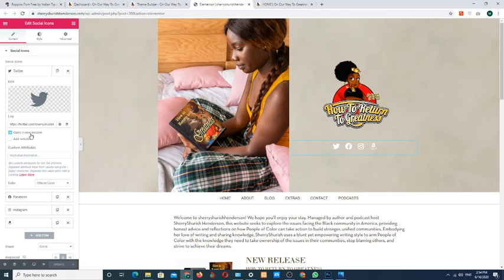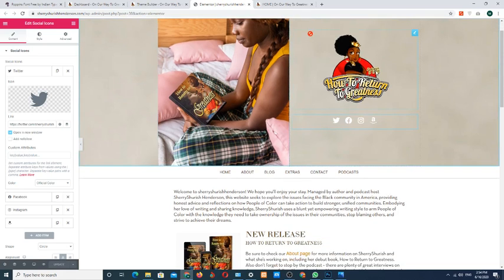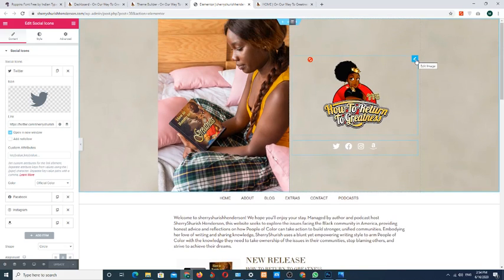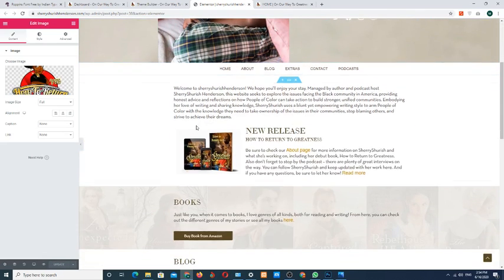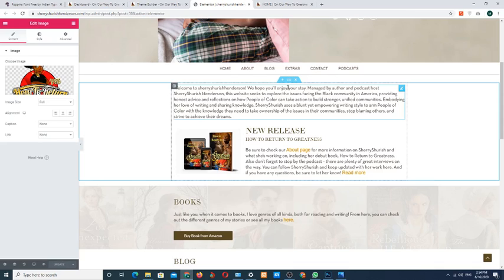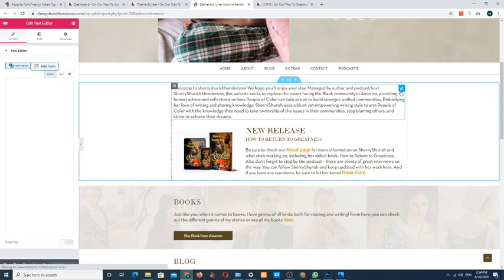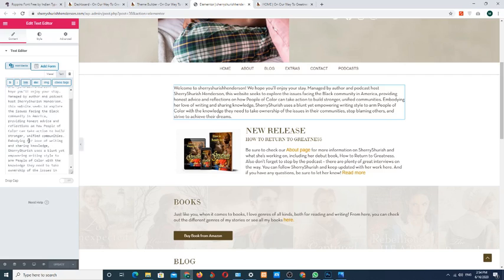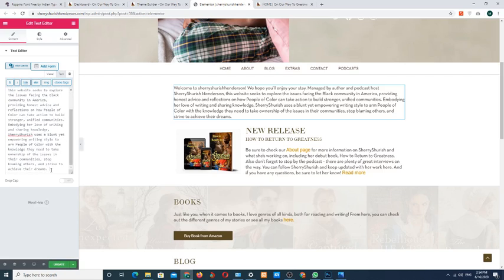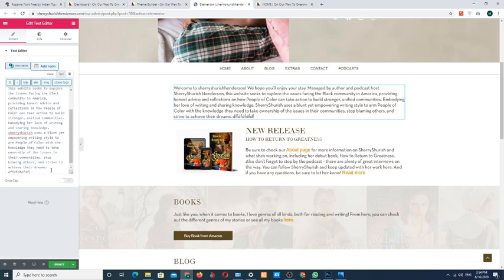Okay, after that if you want to change the logo simply click here and you can change the logo from here. Okay, and if you want to change the content simply hover here, click on the pencil icon. If you want to change the content simply add more content. Okay,